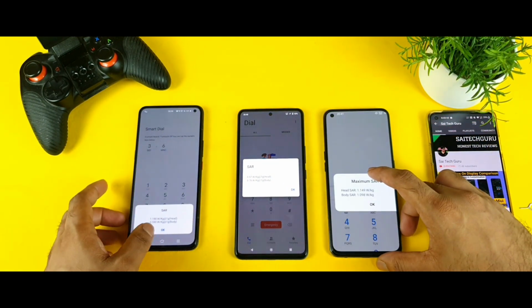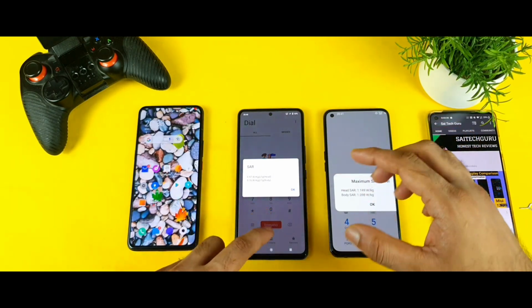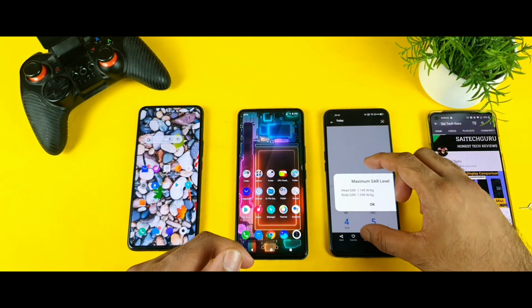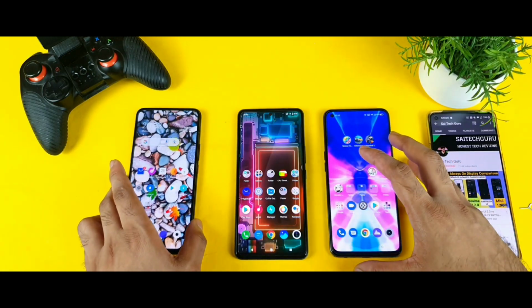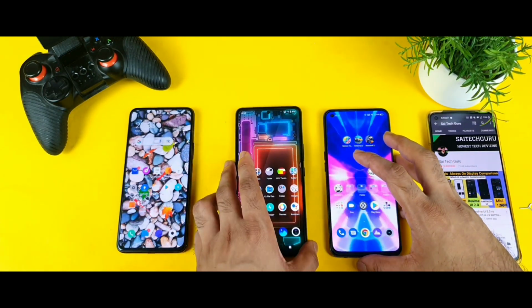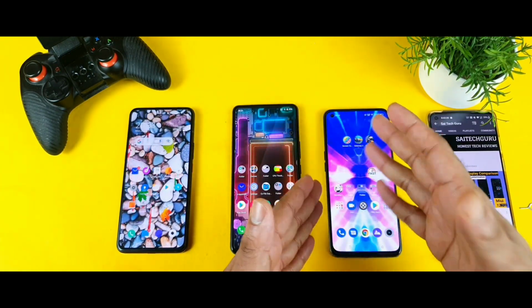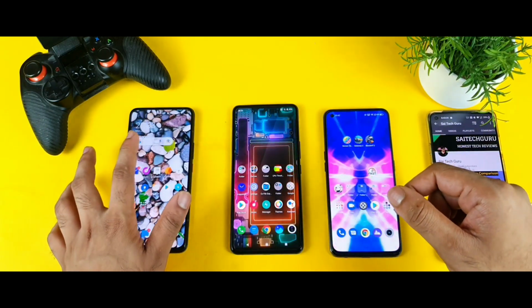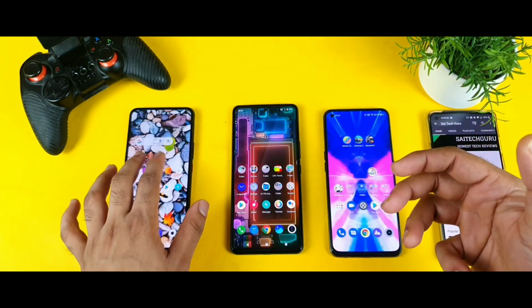So thank you for watching this video, friends. This is a quick small video. I thought of just demonstrating it to you side by side, which might be really helpful because a lot of viewers are asking me this kind of question. How much is the SAR value for the iQOO 7 device? How much is the SAR value for the Realme X1 Max? So that is the reason I thought of doing this kind of side by side comparison video between all the smartphones, which might be useful for most of the users.